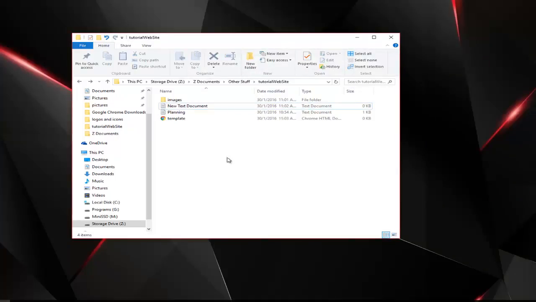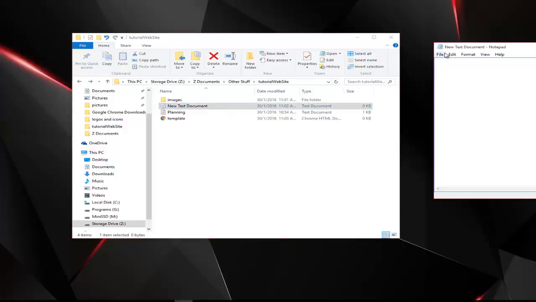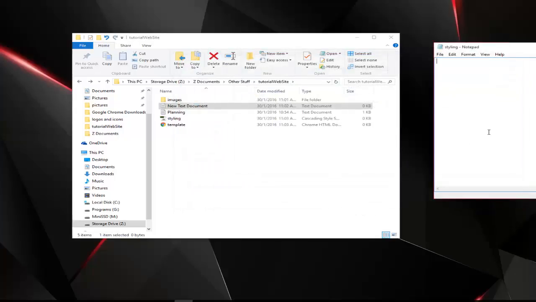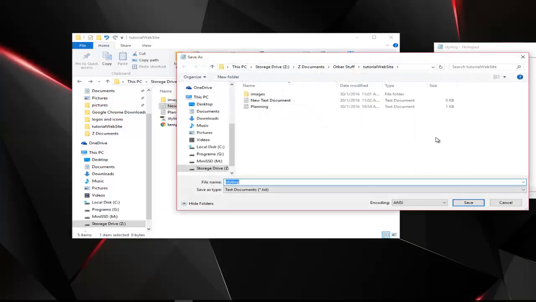So then now we're going to need something different. We're going to need a CSS file, save as. We'll call this styling. Yeah, that's how you spell styling. Then you do .css. You get the CSS later, because you're going to need this stuff anyway. Then you go file, save as again, and we're going to do